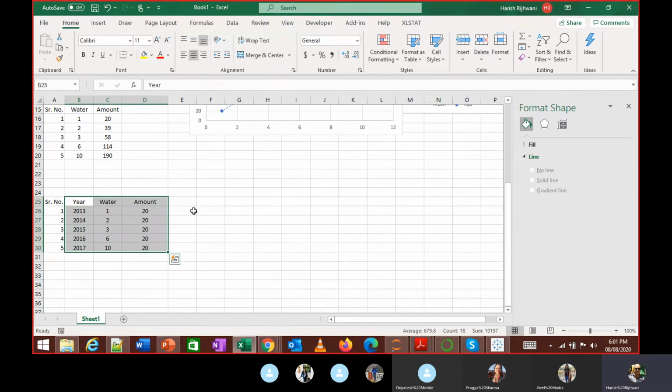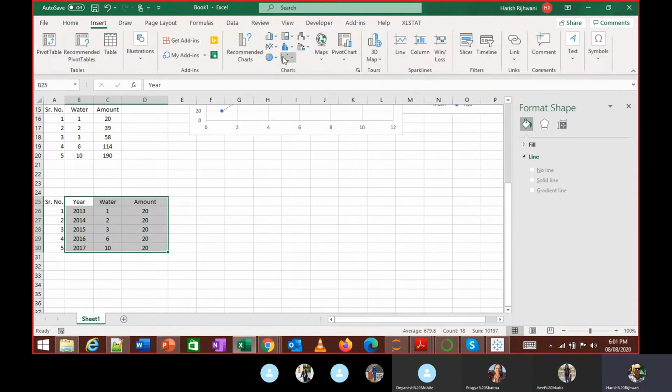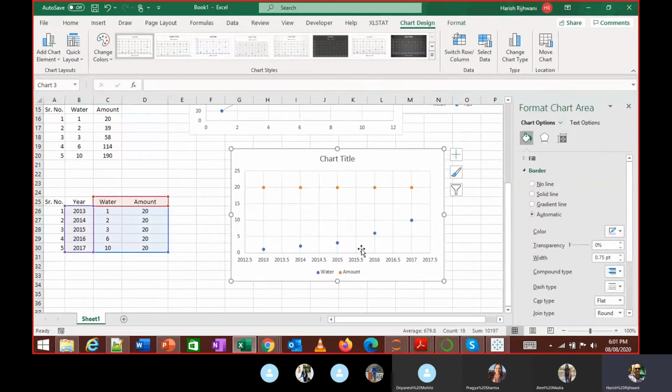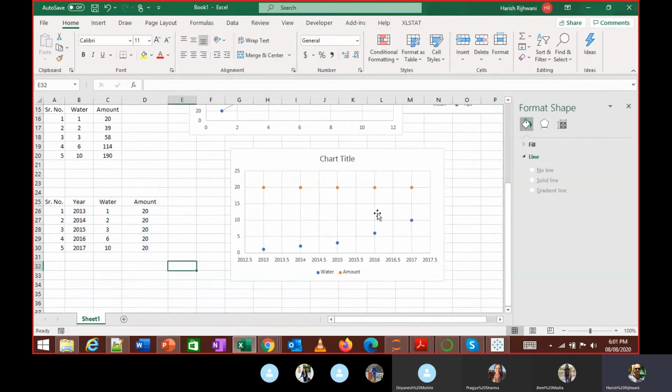If I plot it this way, I'm actually seeing that there is no change in the relationship, in the sense from a year perspective, there is no change in the amount.